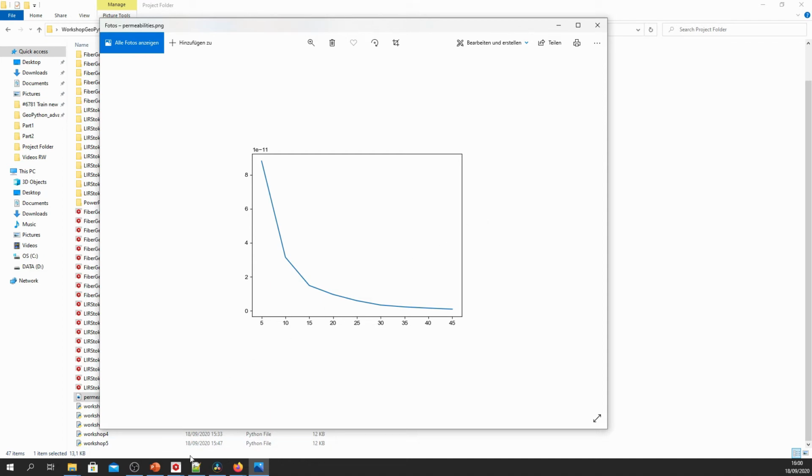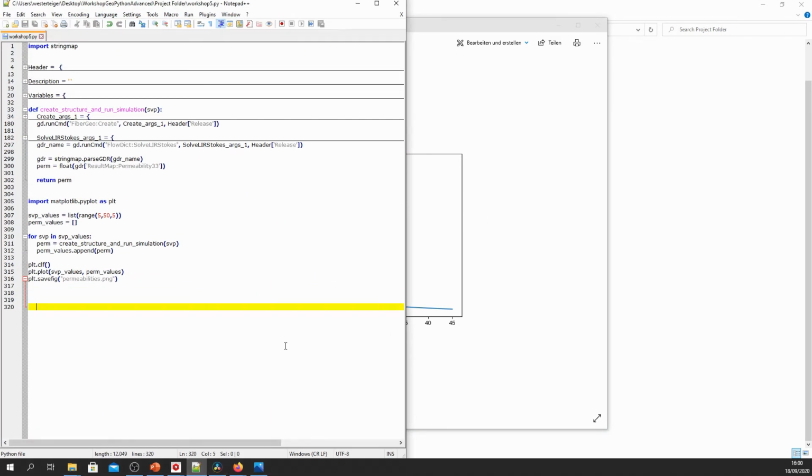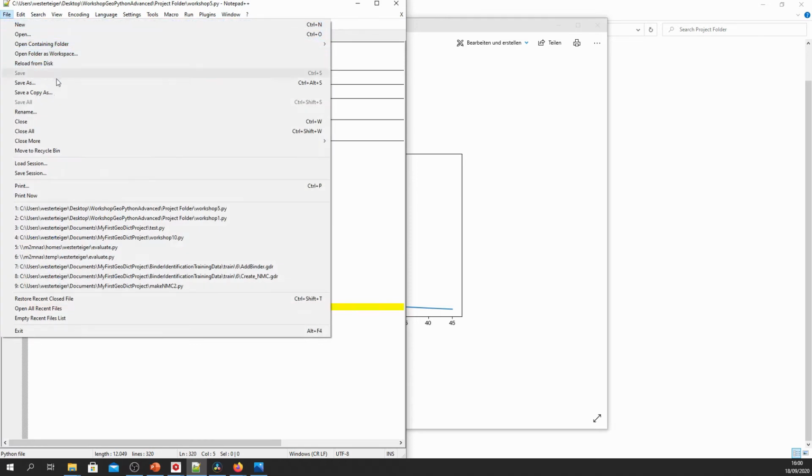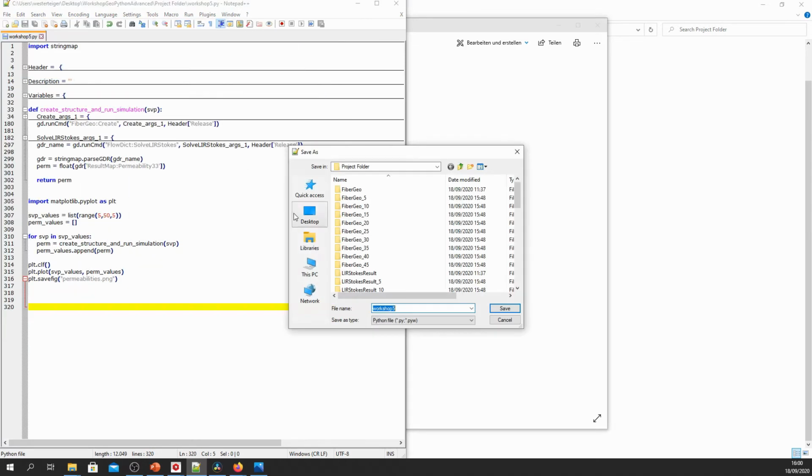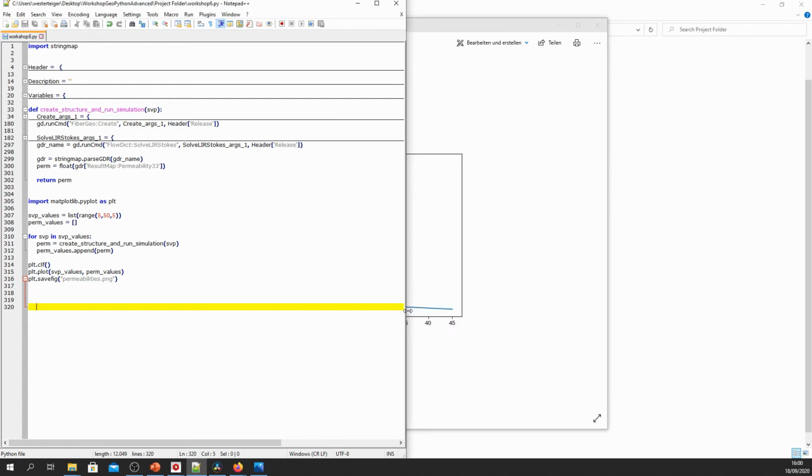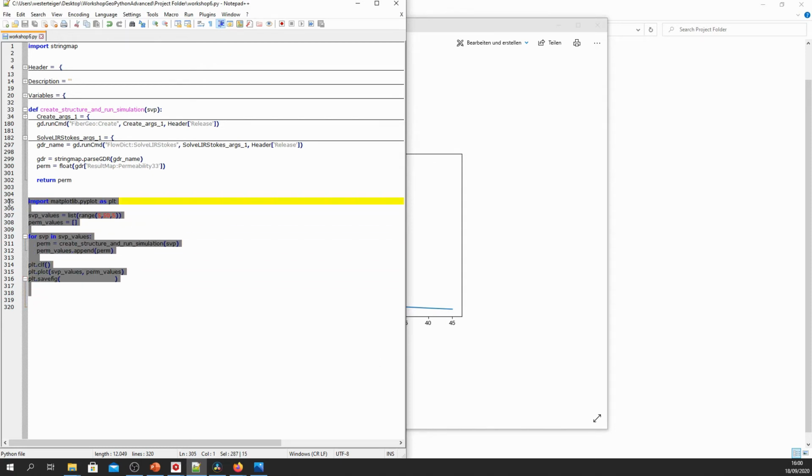So let's go to the editor again, to Notepad++, and as always, save workshop5.py as workshop6.py. And now again, we're going to get rid of all the code we added under that function, starting with the import line to the end of the file.